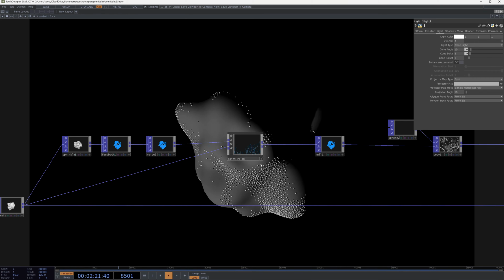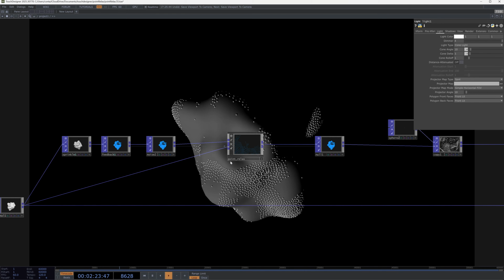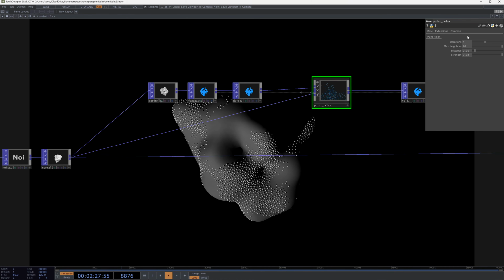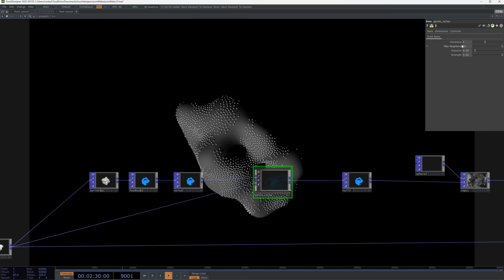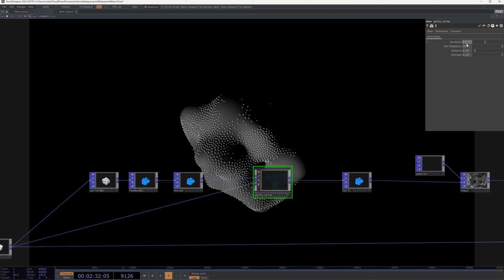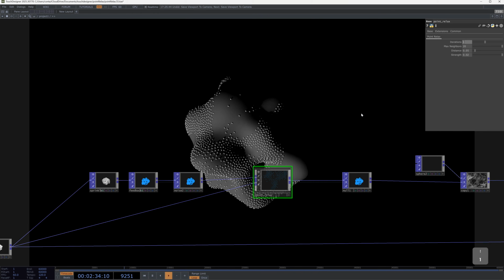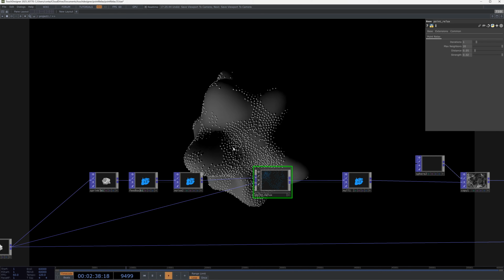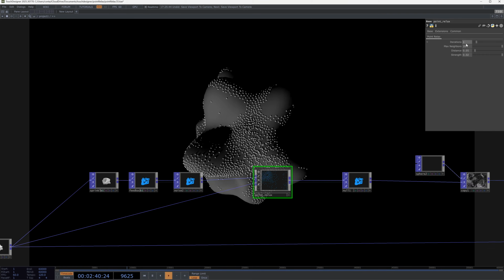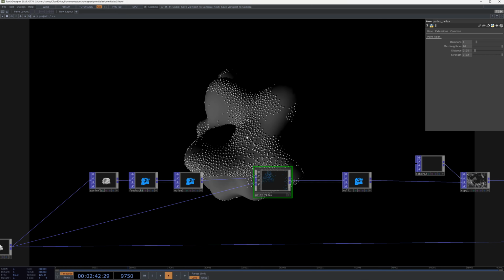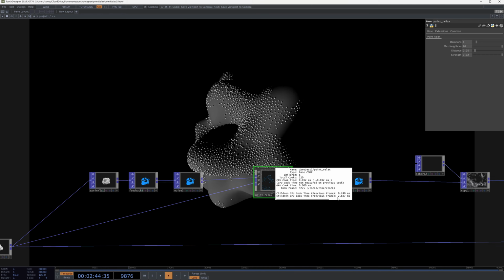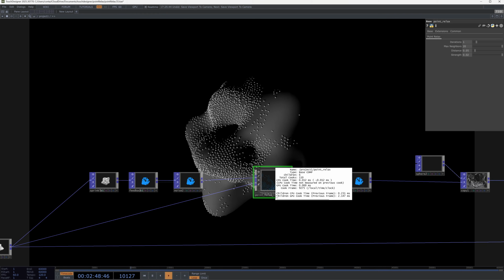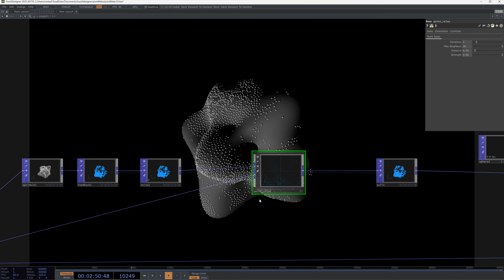I will show some other things of the point relax maybe. So the point relax has 4 parameters. The first one is number of iterations, and this will just get more expensive the more iterations we use, but also more stable. So as you can see, I reduced the number of iterations to 1, and now they jiggle around. But this still takes 2.5 milliseconds, so you should note that the point relax is not a cheap operation,